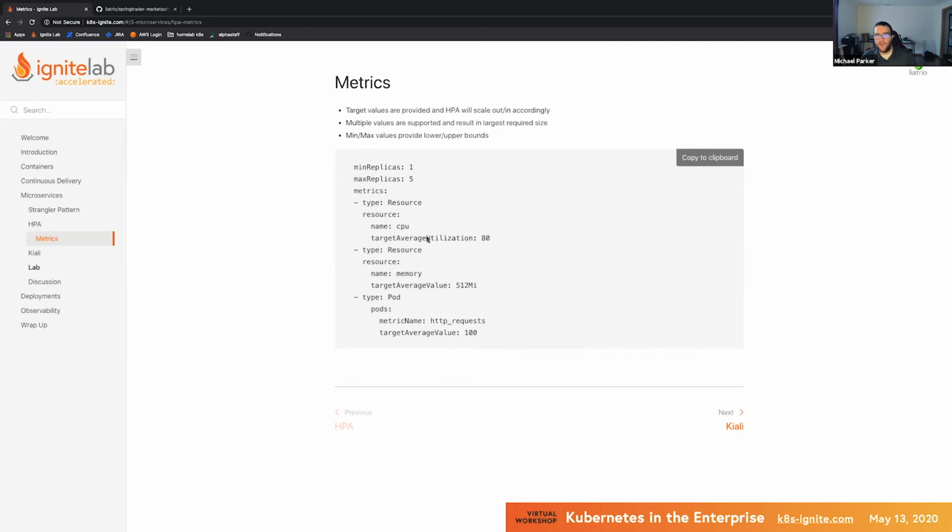We can use multiple resources here too. So we can also try to have a target average value of memory usage. Although in practice, I don't really see this metric being used as often for horizontally scaling pods. Typically, you see CPU a lot more, but you can do it for memory as well. You can also